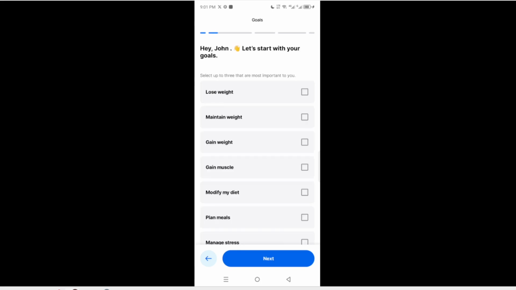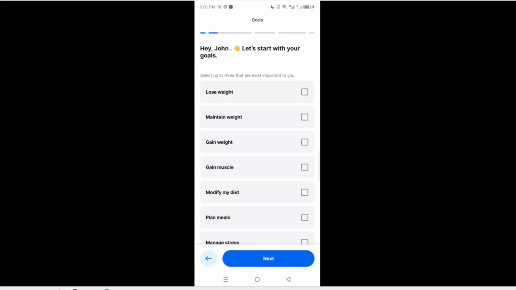Now choose your primary health goal when prompted. You will see options like lose weight, maintain weight, or gain weight. It's crucial to select the option that best fits your current health objectives. This choice impacts the recommendations the app will provide, helping you stay aligned with your fitness aspirations. This little step saves you a lot of time later by tailoring the app to your needs.